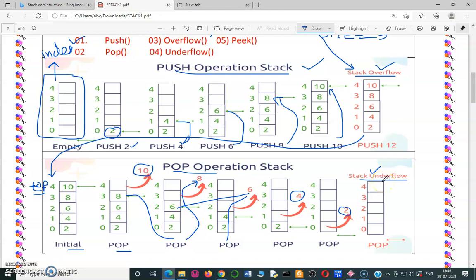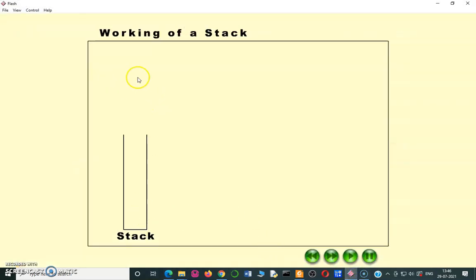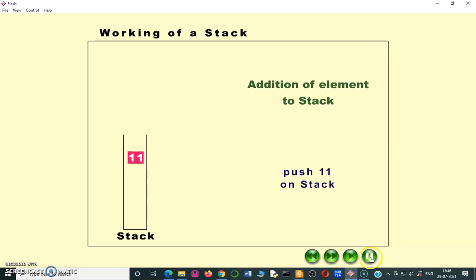To understand the concept better, we use a video here. Suppose one stack is there. Now working of a stack. Addition of an element.